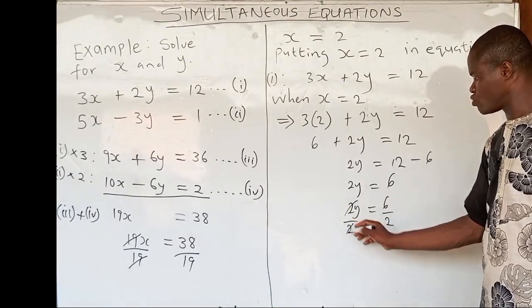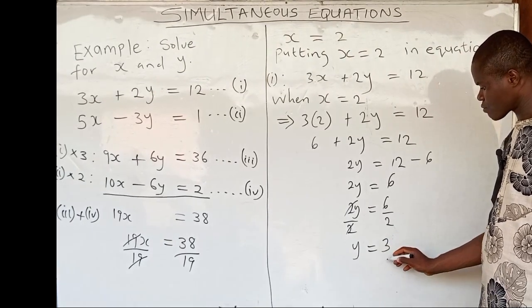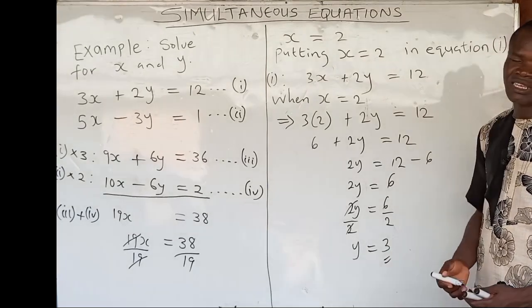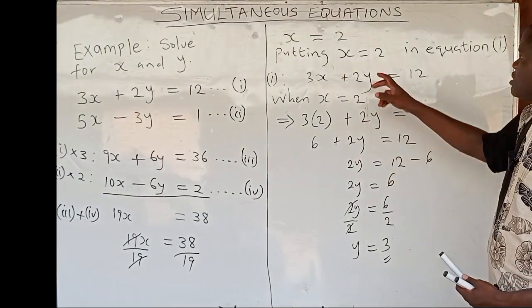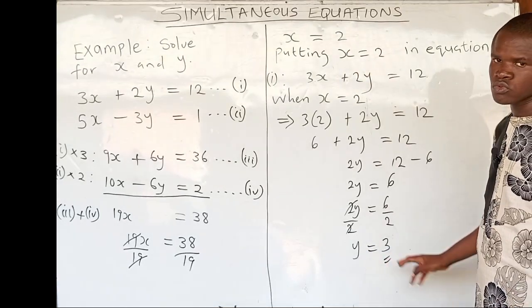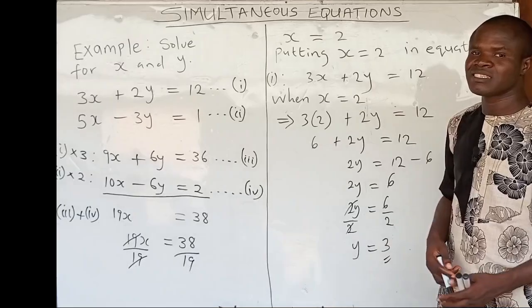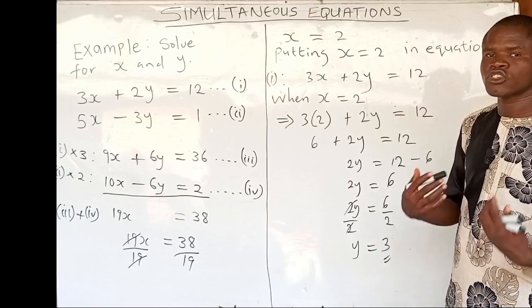So 2 will cancel out 2, so that y is equal to 3. That means the solution to these equations is that x is equal to 2 when y is equal to 3. And one other interesting thing about simultaneous equations is that you can always check if your answer is correct